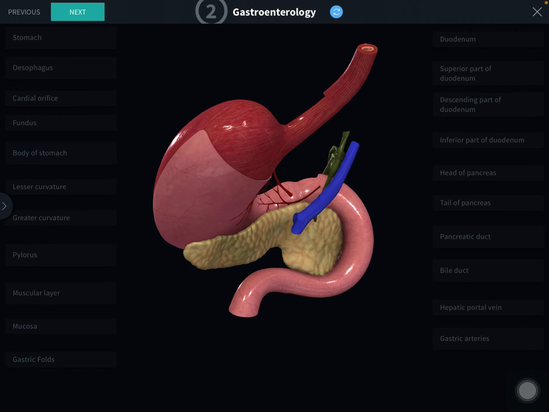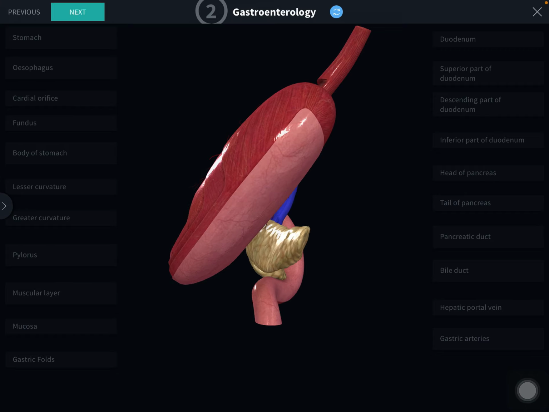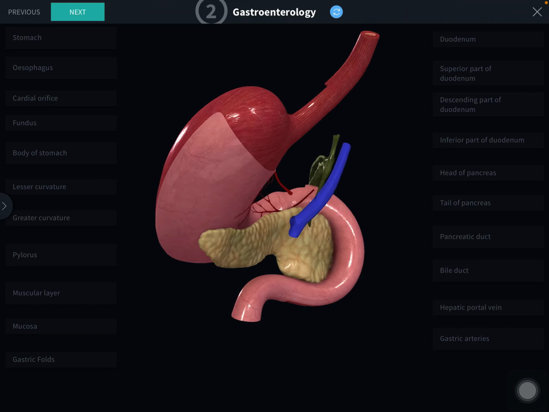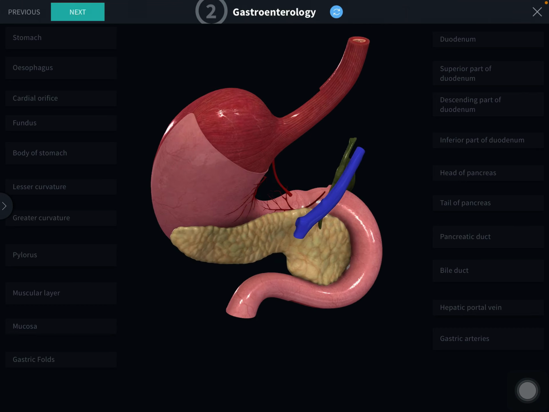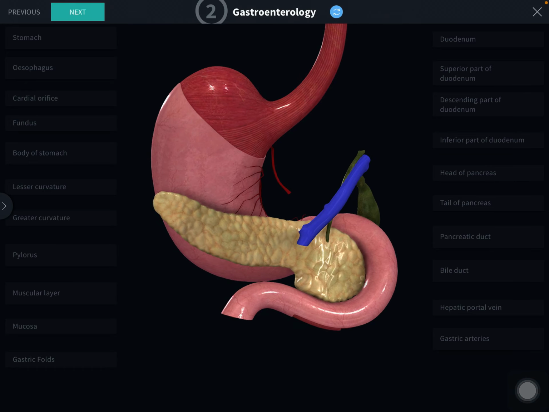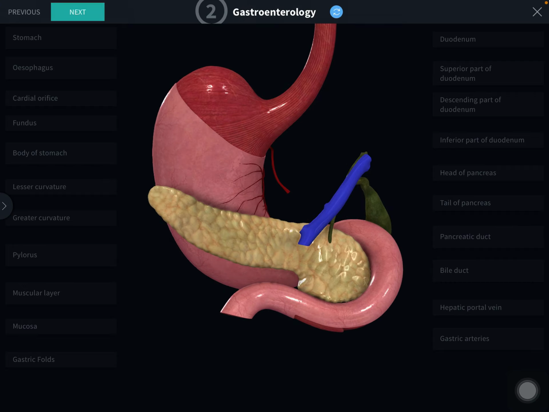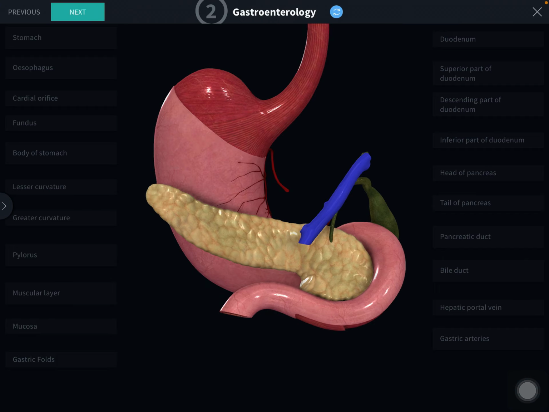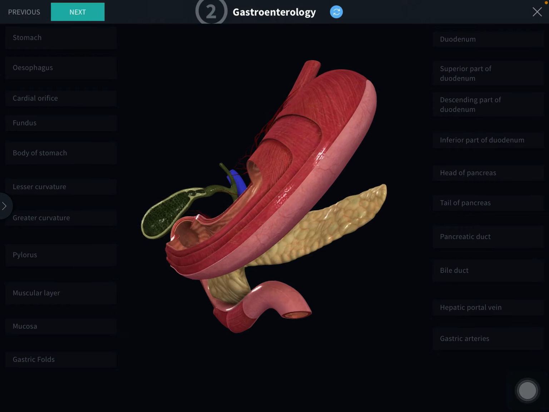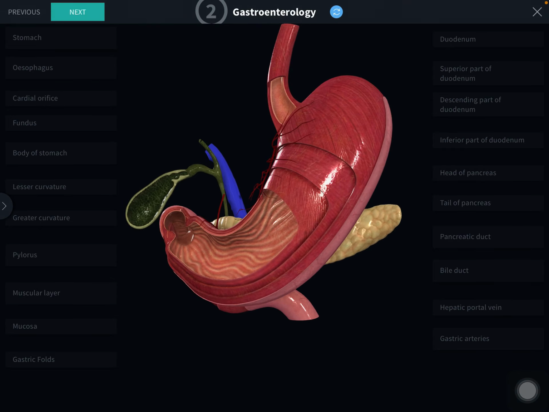If you see the pancreas, here you are seeing the head of the pancreas, uncinate process, body of the pancreas. The body of the pancreas will have three surfaces: superior, inferior, which are anterior. Then this is the posterior surface of the pancreas. So the neck of the pancreas is related to the formation of the portal vein, which will be formed by the union of the splenic vein, which will be running in the posterior surface of the pancreas, and the superior mesenteric vein. So they will join to form the portal vein. And the tail of the pancreas is also visible in this model.